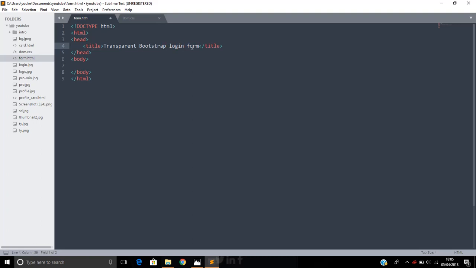And to style this, language English, which is en, and we have to do meta charset UTF-8,